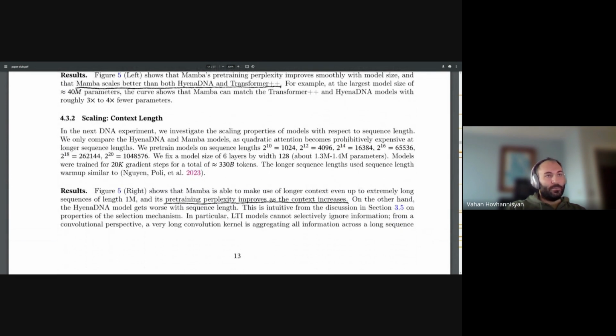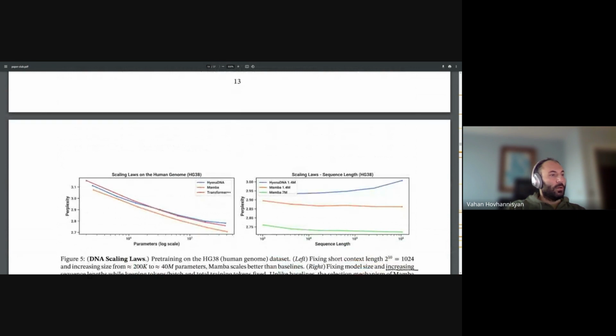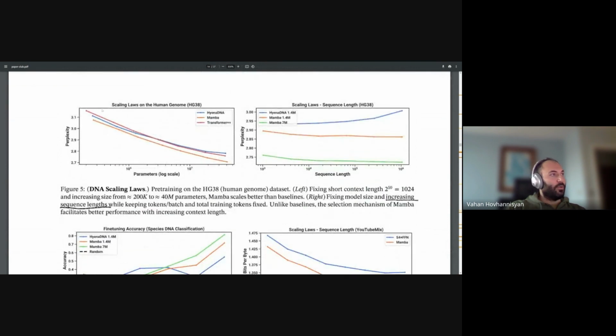Now scaling. Obviously, you cannot scale transformers to 1 million context size. Here you can, with no problems. That's the cool part, right? They also perform this on the DNA dataset, because with DNA you can get very long sequences. Transformer++ again is the current best transformer architecture with rope embeddings, whatever else is in Llama 2. And you can see,